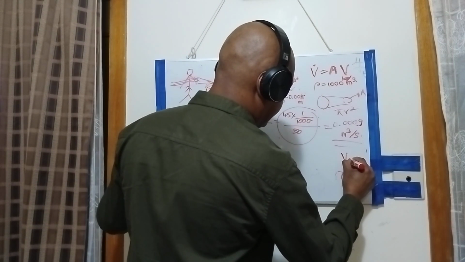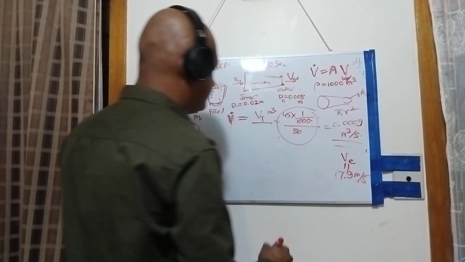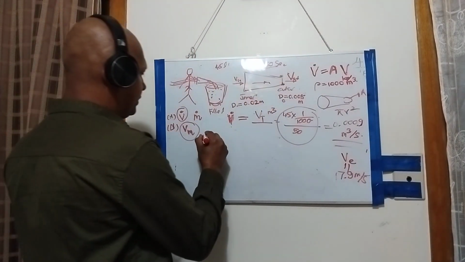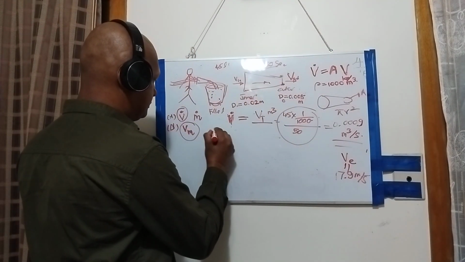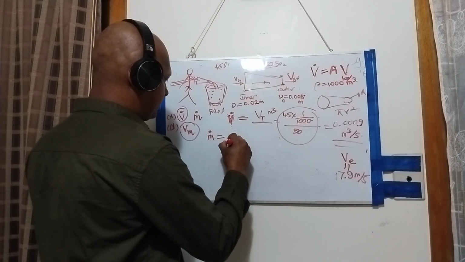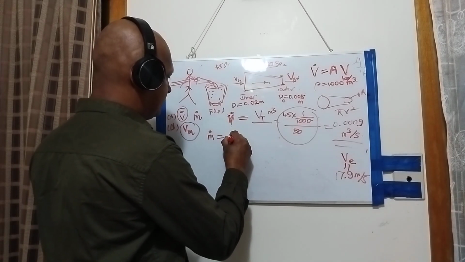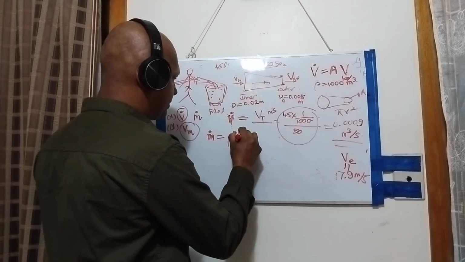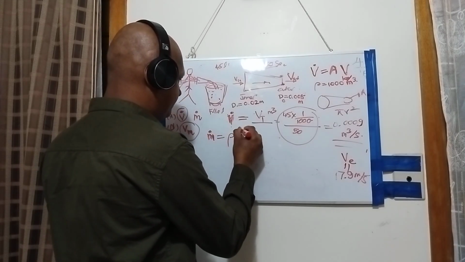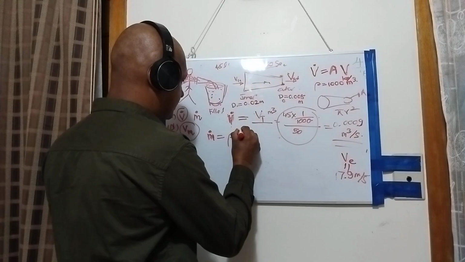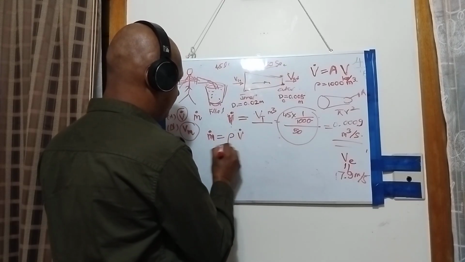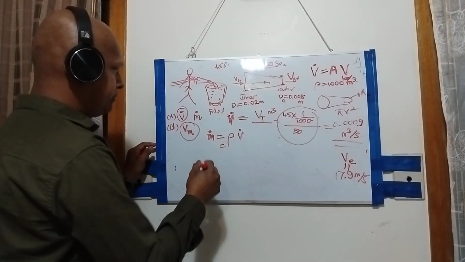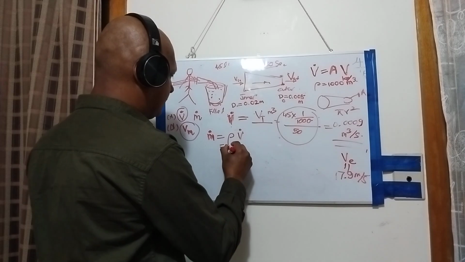That's the exit velocity. Mass flow rate equals rho times, so it's a continuity mass equation, rho times V dot. So mass flow rate equals 1000